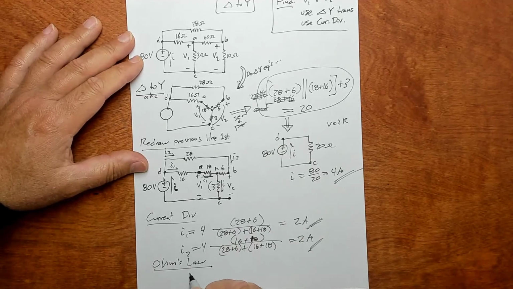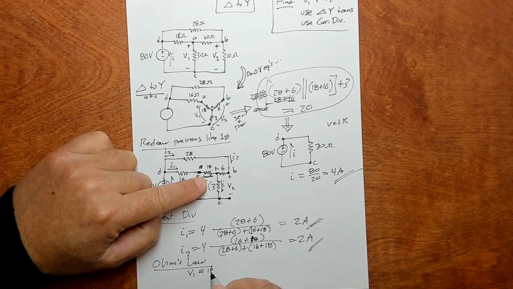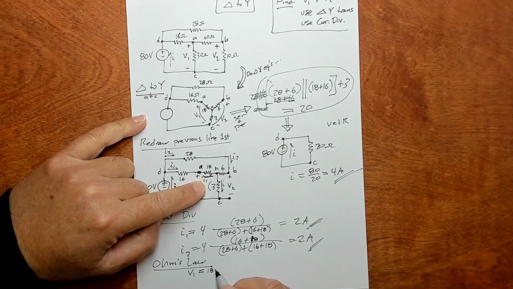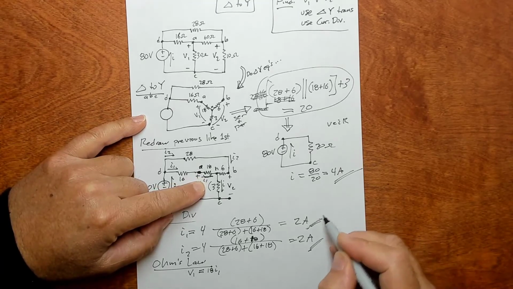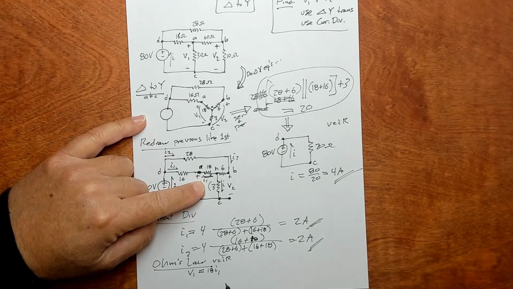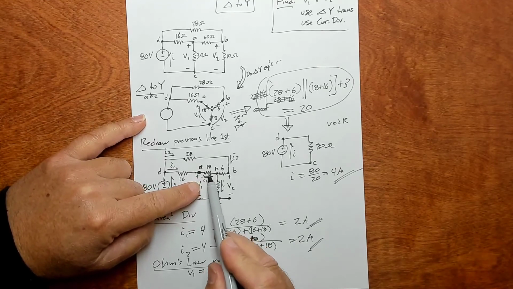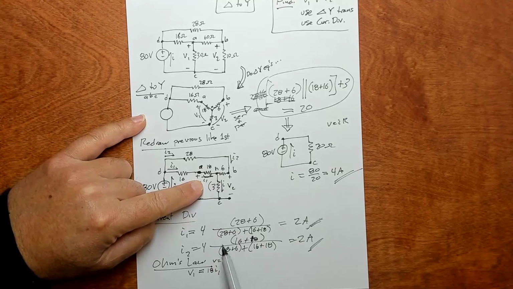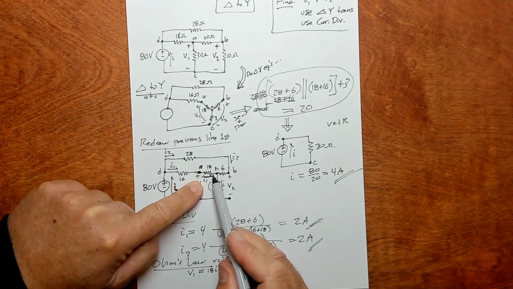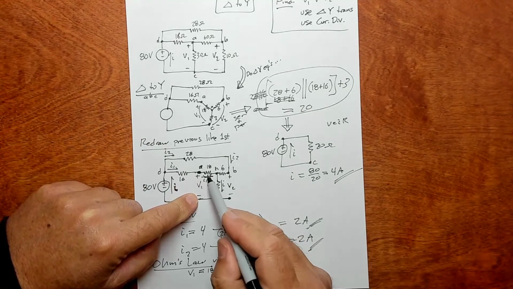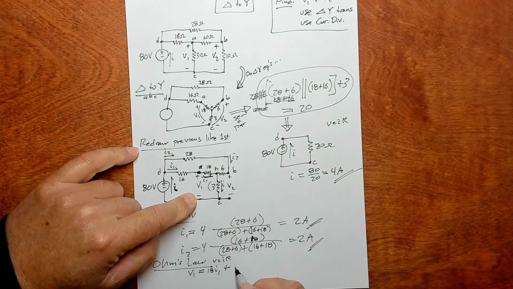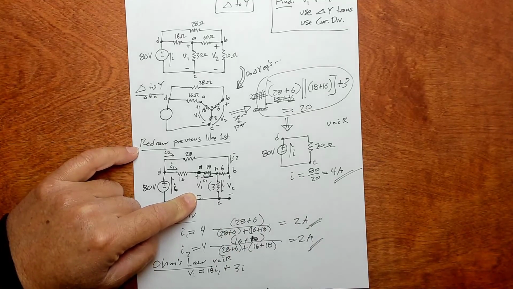So in math terms, V1 is 18 ohms times I1, because V equals IR. So the voltage across this 18 ohm resistor is given by 18 I1, the resistance times the I1 current going through it. Plus the voltage drop across this one, so it's 3 times 3I. Okay, and V2